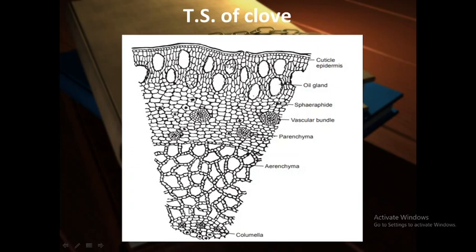The important thing which is also useful for identification of adulterants in clove bud, right? So calcium oxalate crystals are there, but these are the cluster shaped calcium oxalate crystals. The prism shaped calcium oxalate crystals are absent in clove bud. So this is the brief microscopy of clove bud.